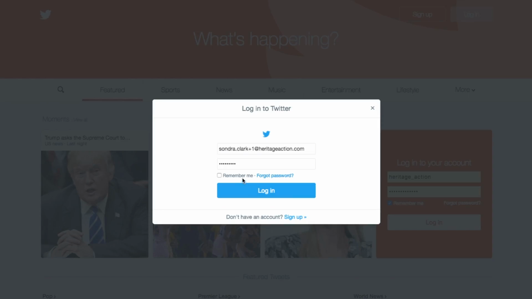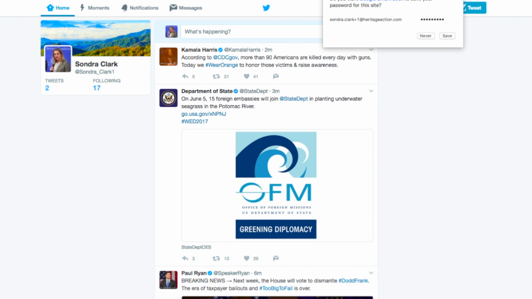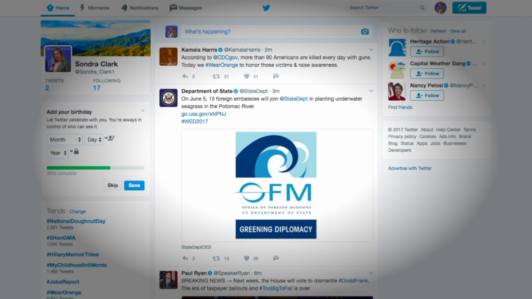Let's get started on how to tweet at your member of Congress. The first step is to log into your Twitter account. Go to www.twitter.com and click on the link that says log on. Once you get to your homepage, you'll see your timeline. This will show you all the messages, tweets, and retweets from other people you follow, starting with the most recent